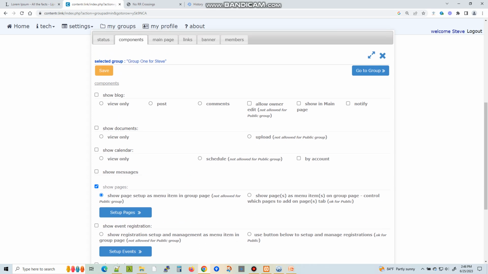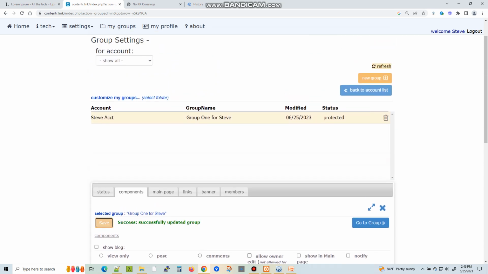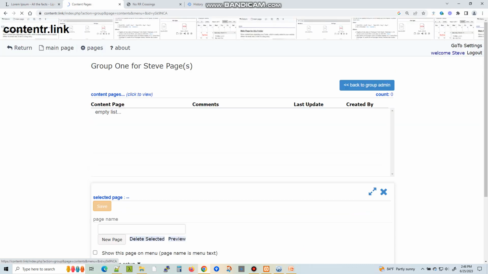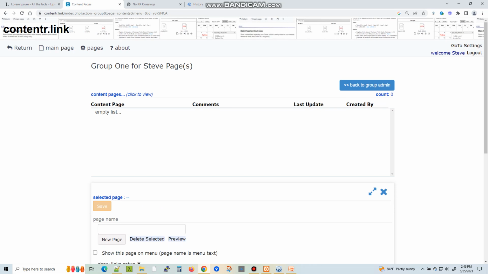So I'm going to set this up as show pages, and again, just like that other group Steve belongs to, it says show the page set up as a menu item on the group. So that's how this is going to be set up. If I click Save and go to the group, this should look familiar. However, I don't have any pages on this group yet. Let's fix that. We're going to create a page,